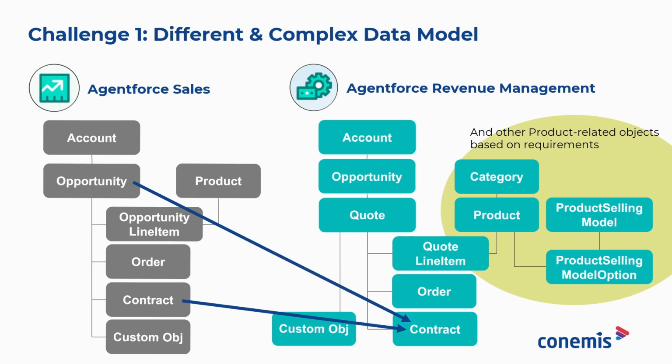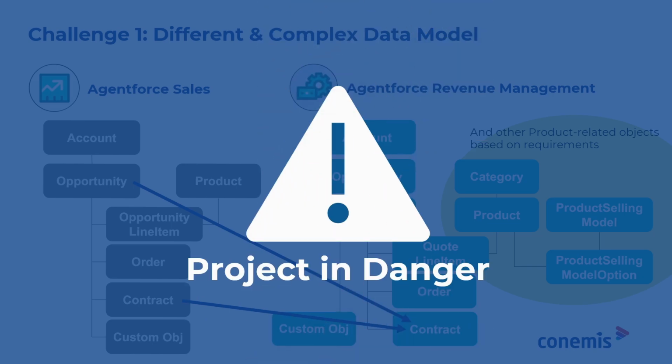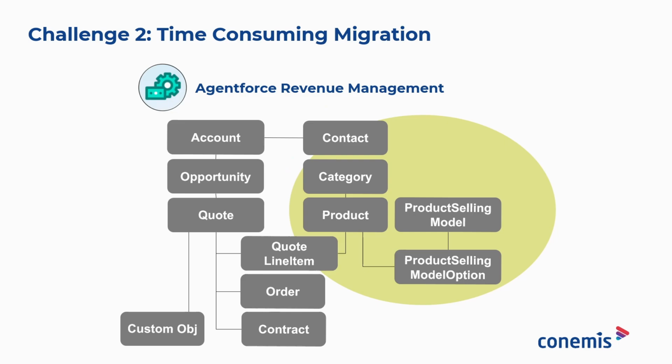You may also need to apply additional conditions that determine which records should or shouldn't be migrated. All of these requirements make the migration process more complex. And the more complex the steps, the harder it becomes for the migration team to execute everything manually without mistakes. The risk of human error inevitably increases. Next, the problem of time.